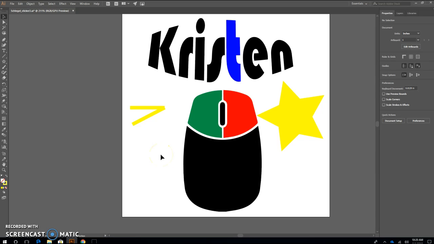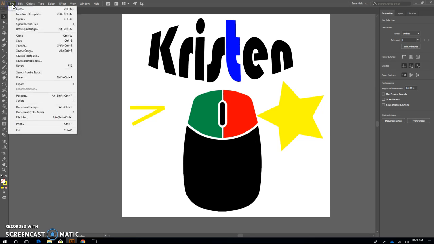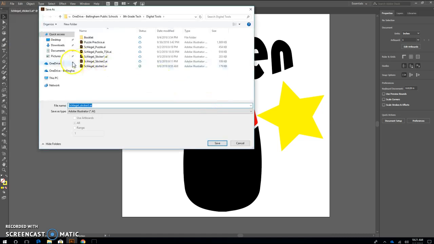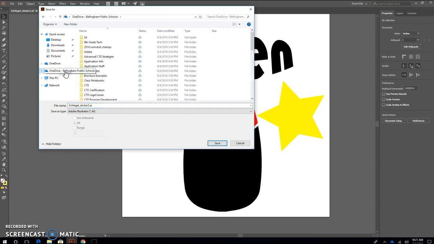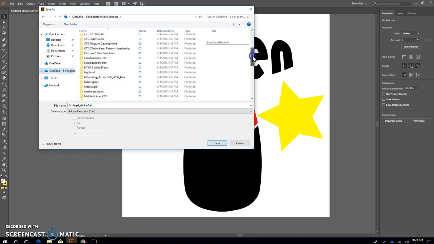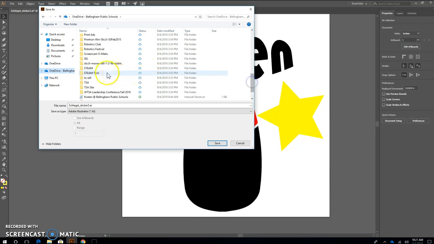So the last thing I want to show you, obviously I would make some changes to this before I considered it completely finished, but I want to make sure you understand how to save it. So you may have named it when you very first started it, if you remember to do that. If not, you can go to File, Save As, and we should have already set up your OneDrive, so you have access to your OneDrive. Hopefully, we created a Steam folder,